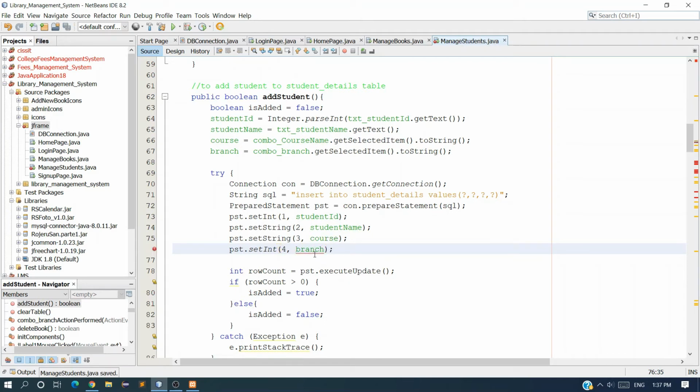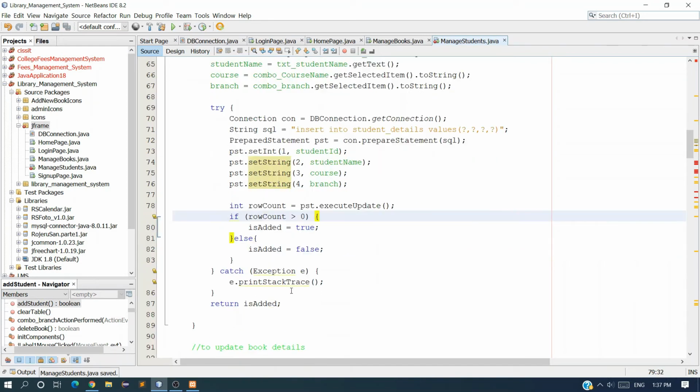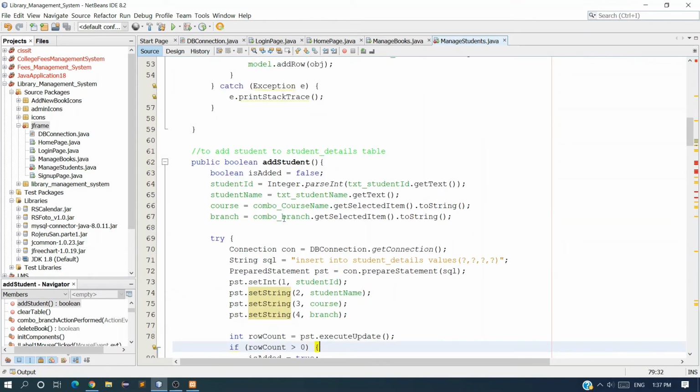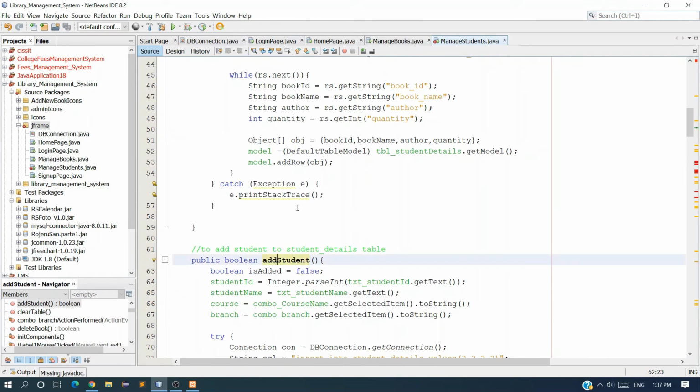Why set int? This one is string type, so set string. Execute update is added true, everything will be the same. The add student method is completed.